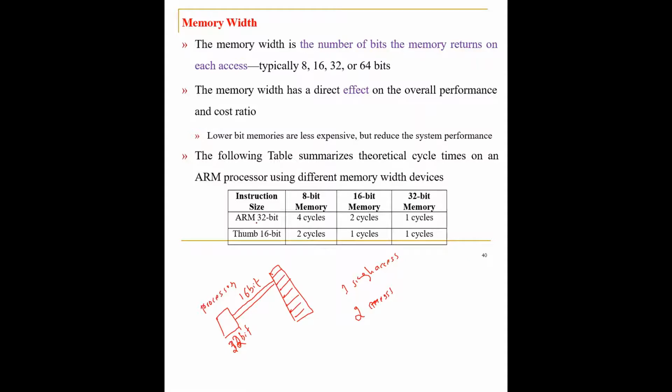See, concentrate here. Your processor is 32-bit wide. Let us say that your memory is 8-bit memory. So the processor needs 32 bits of data and your memory is 8-bit wide. So your processor has to wait for 4 cycles in order to gather the 32-bit data. Suppose your memory is 16-bit, then your processor has to wait for 2 cycles. Suppose your memory is 32-bit, then your processor has to wait for only 1 cycle, which means that this memory is comparatively faster with respect to the processor.